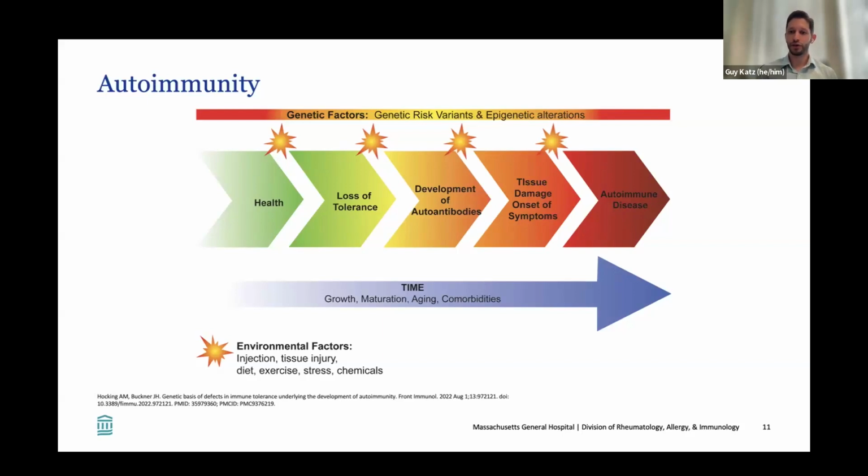You can see that at the top here, underlying all of this process is genetic factors. So there are genes that you're born with, and then genetic changes that can happen to the genome over time during life. And that kind of underlies the whole risk of vasculitis. But as the individual goes through life, you can see these little areas where environmental factors can stimulate the immune system in some way. And what these environmental factors are is different for every individual. And very often we don't even know what they are. But that's some of what we're going to be talking about today. They can be infections, tissue injury, changes in diet, stress, chemicals.